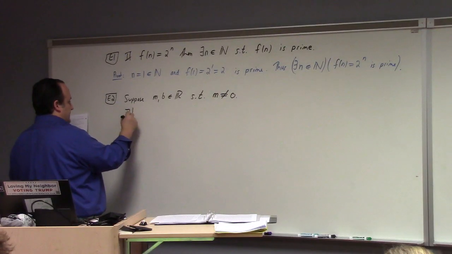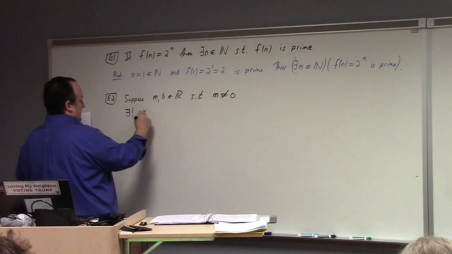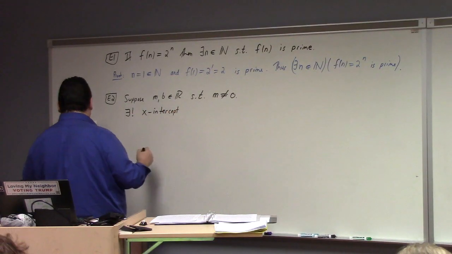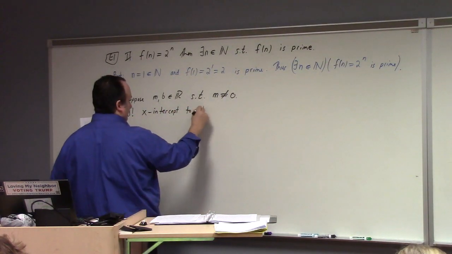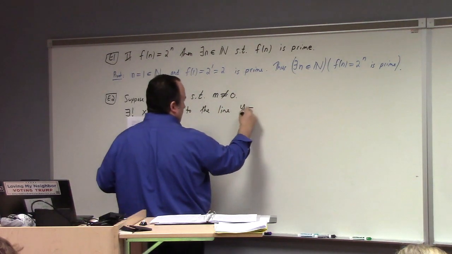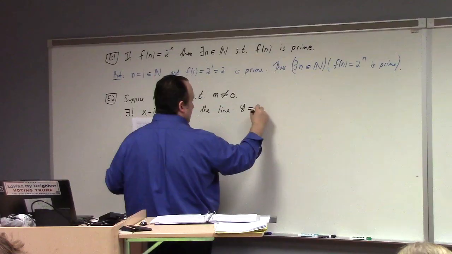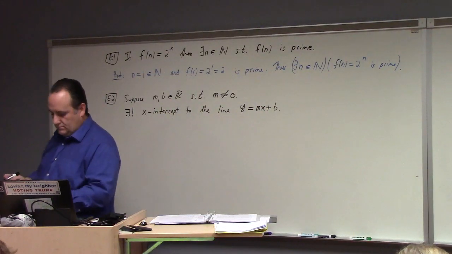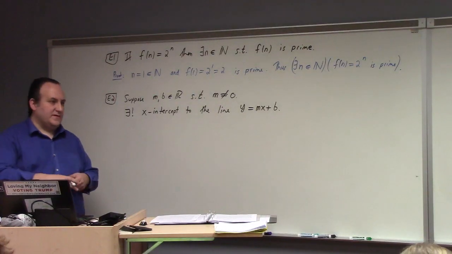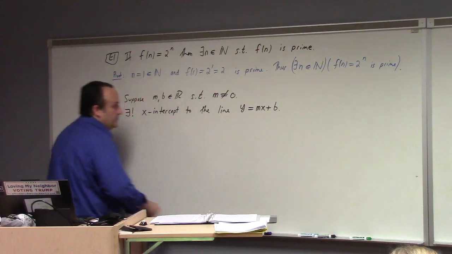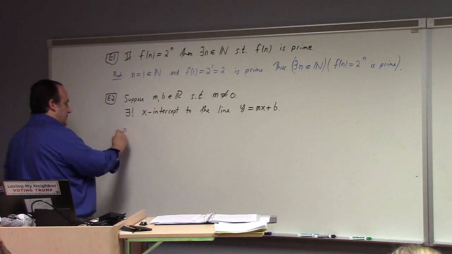The claim is this: there exists a unique x-intercept to the line y equals mx plus b. Right? Again, the proof here is not really that complicated. It goes like this. So proof,